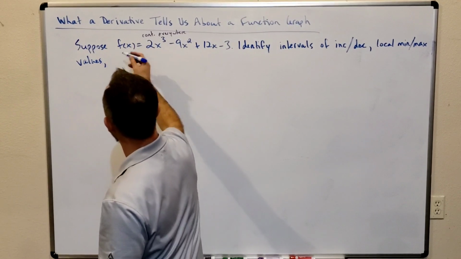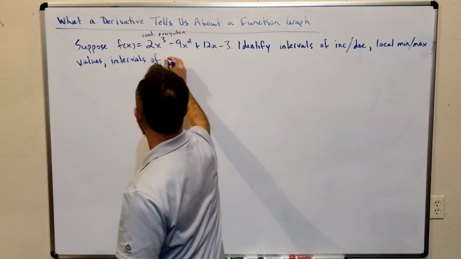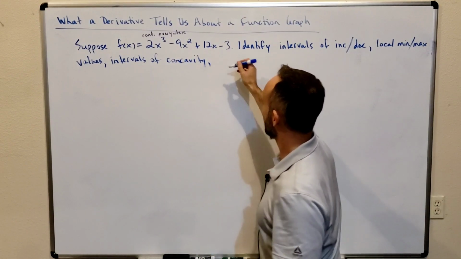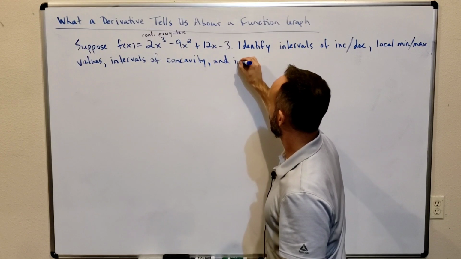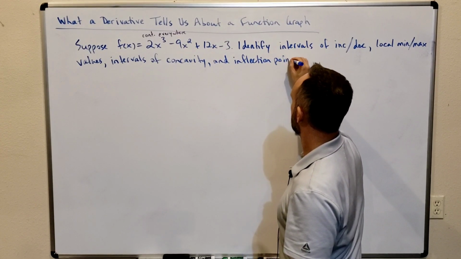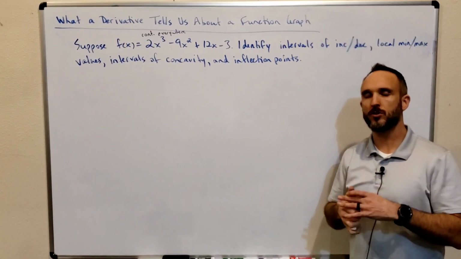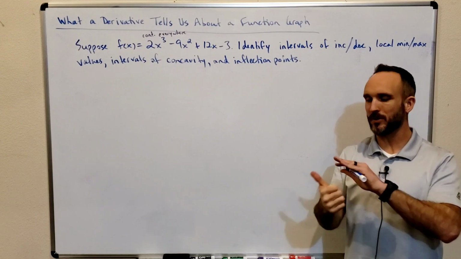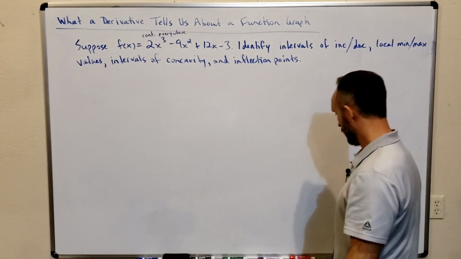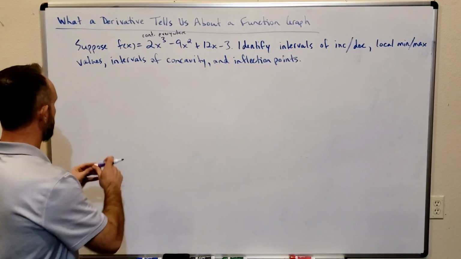Then let's identify intervals of concavity. And last, let's identify inflection points. All right, so we're going to break this into two components. We're going to start by looking at everything we can get from the first derivative, just to practice the concepts we looked at. Okay? So the first derivative,